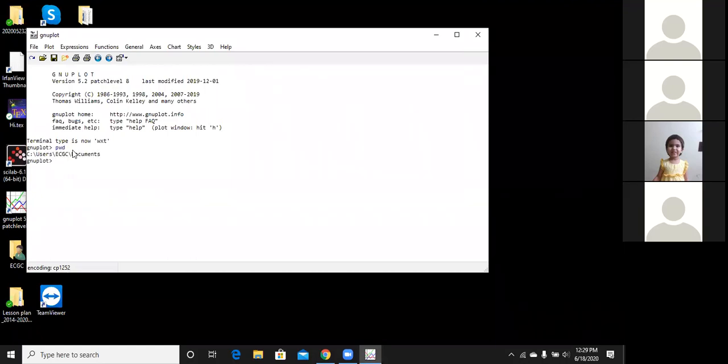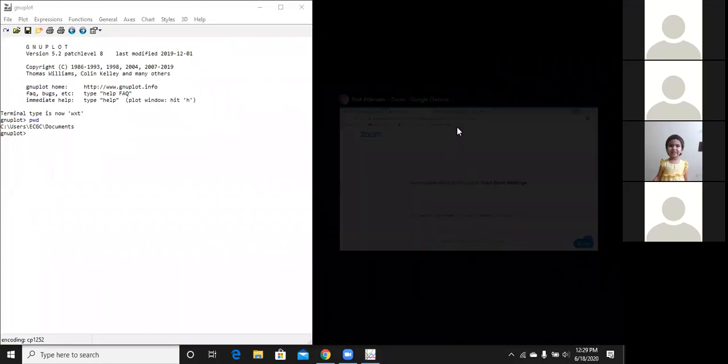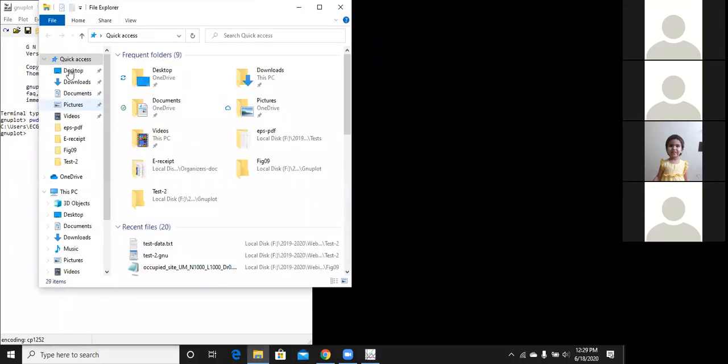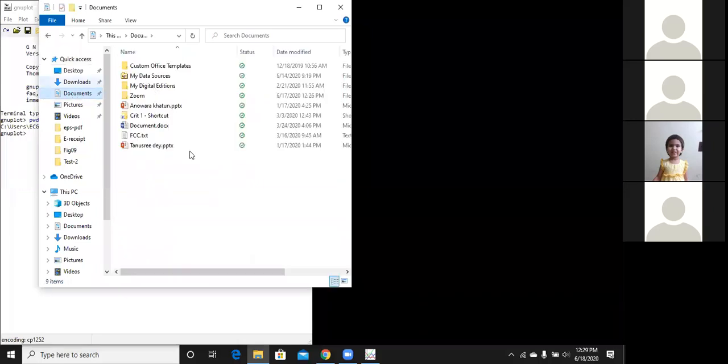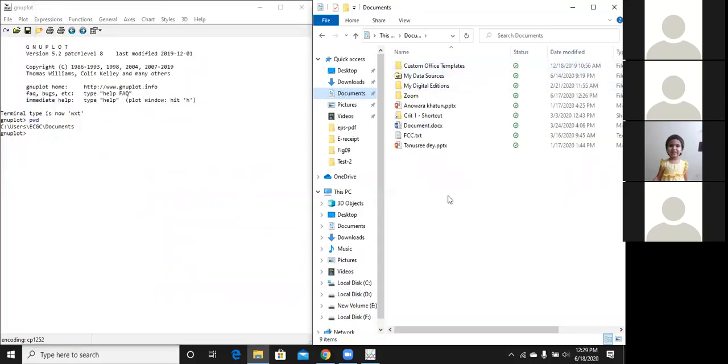It is in documents, and let me show you. This is the documents folder of my PC, and you can see there's no data file.